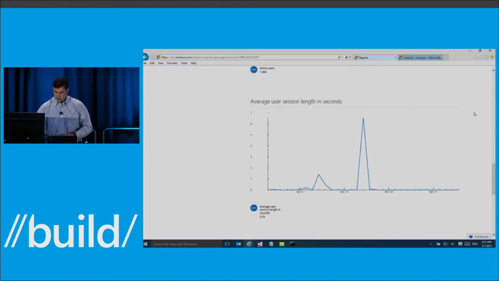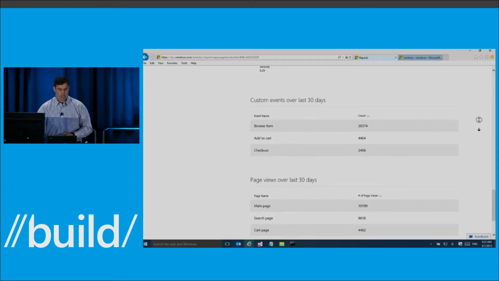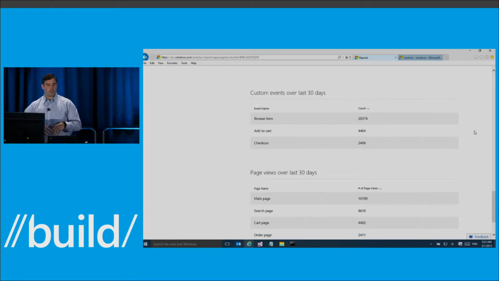Just scrolling down one more little bit here, you see that we have a table that provides you with the number of custom events for your application over the last 30 days. You see we have a very simple list of custom events we've chosen to implement for our demo application here. But you guys can go much deeper. If you have a game, you can add a custom event for every level that you have within your application. If you have an application and you're pushing out new features, you can add custom events that determine whether or not users find those features or use them.